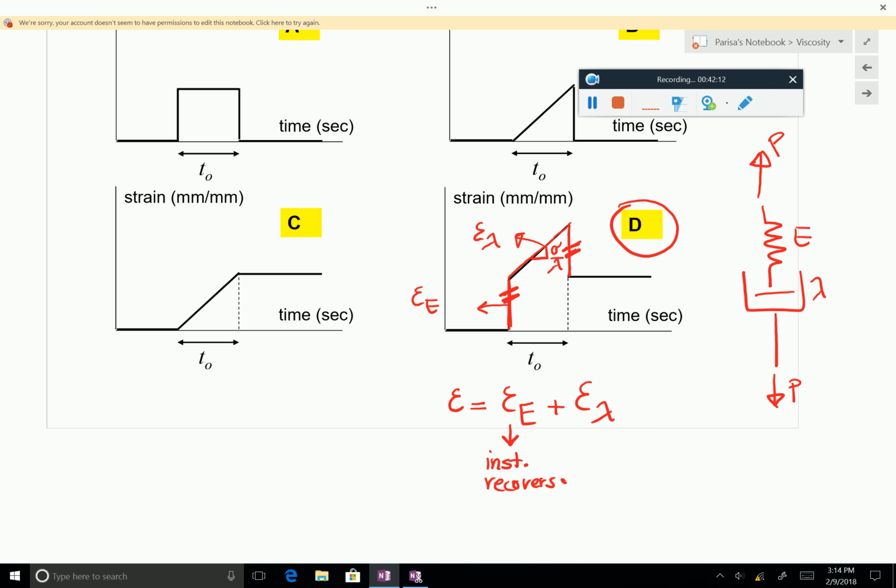Always think about the caramel. If you press it, it doesn't go back. It just stays the same way. And because of that, this is the correct answer. So next week, you are going to learn much more complicated models, where, like Lego, you put different elements together and you make much more complicated models. Now, we have a few minutes to talk a little